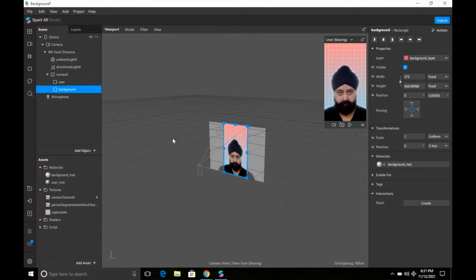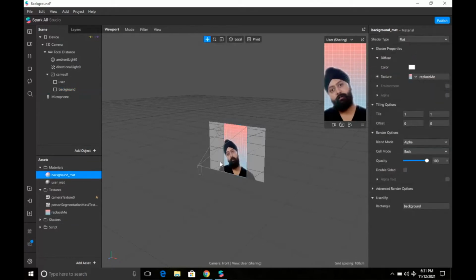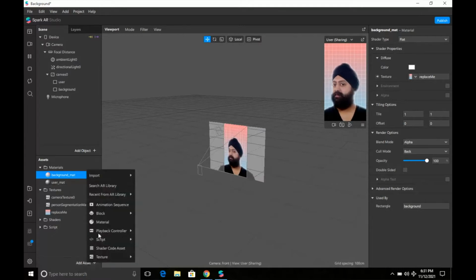You can add more canvases in your project if you want to, but today we're just going to basically start with this. So just click on the background layer, and these are all our assets. You can click on background material. Currently we do not have any background material. So first we add something in our assets. Click on add asset